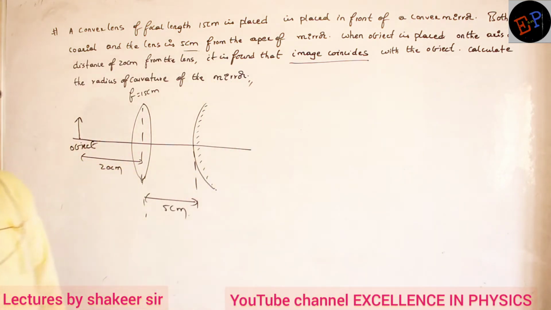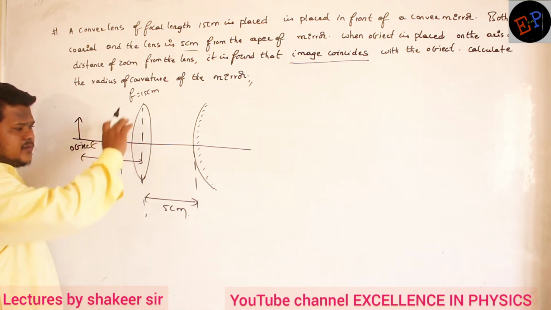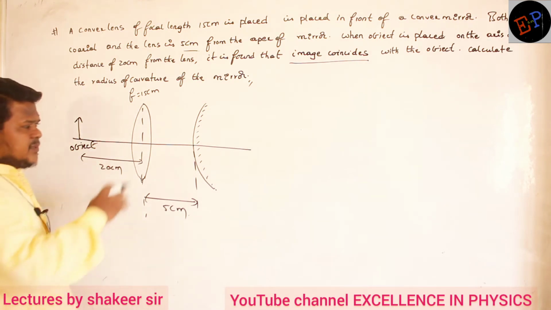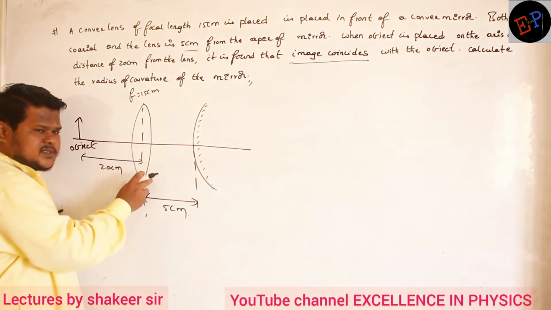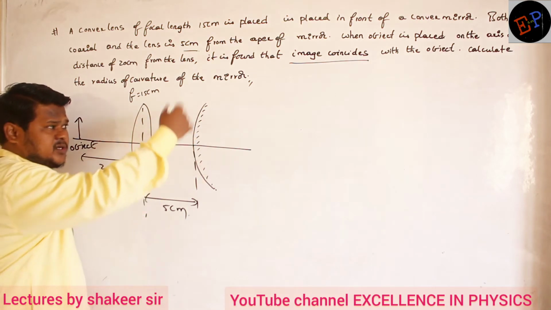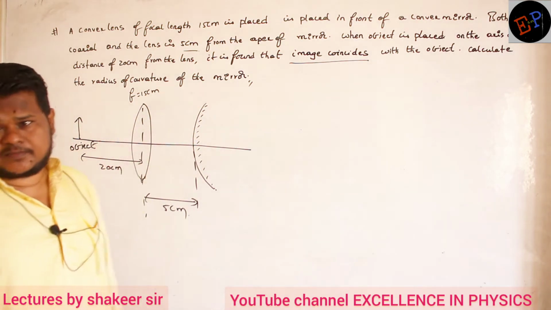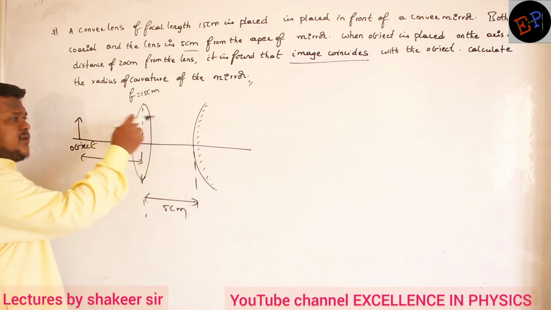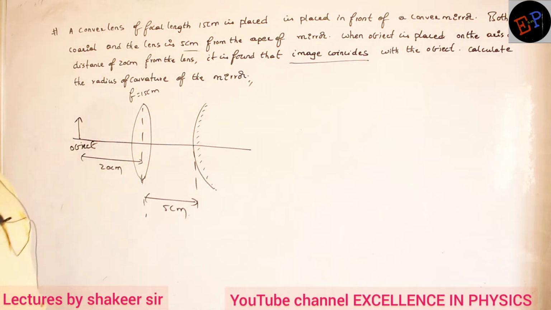What do I have to do? This is what kind of lens? This is a convex lens. Will the image be created on the other side or on the same side? The image will be created on the other side. Clear, no? So the rays which are refracted from this lens go and fall on this mirror. Are you able to understand? Then what should the mirror do? The mirror should reflect the light rays in exactly the opposite direction. Then only will the rays again enter the lens and go and fall on the object. So this is the condition.